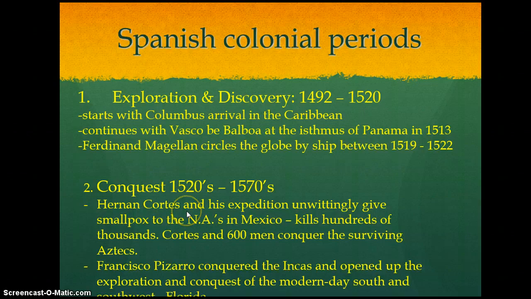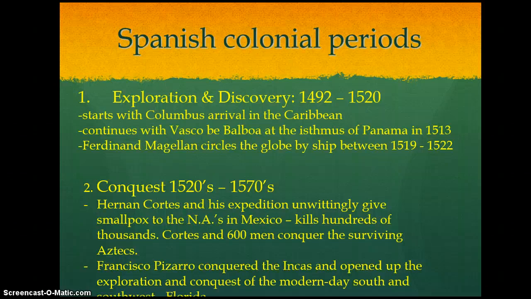So Hernan Cortez and his expedition, which came to the Americas, ended up conquering large portions of the Americas, not with firearms, not with steel weapons, but actually with the disease smallpox, which Europeans had built an immunity to, but gave to the Native Americans in what's now modern day Mexico. Though we don't have a lot of primary documentation on the numbers of Native Americans who died from these diseases, we know that those numbers are pretty close to the hundreds of thousands. So Cortez and a total of 600 of his men end up conquering militarily the surviving Aztecs. Similarly, Francisco Pizarro conquered the Incan Empire